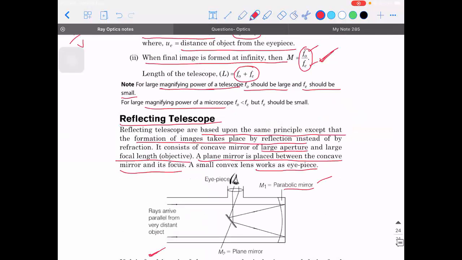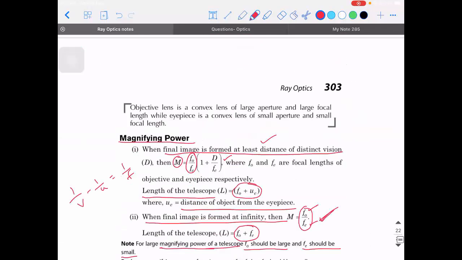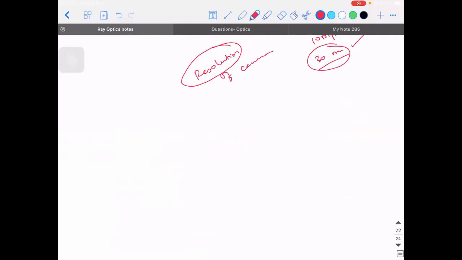Here there is a word that is used: distinct. When you look at heavenly objects with the naked eye, will you be able to see everything as different objects? There are two stars, but they are too close to each other, and their brightness merges. How many stars are actually there? Two. But when you see with a normal eye, without the help of any optical instrument, does your eye have enough resolving power to see those two stars as two different stars?